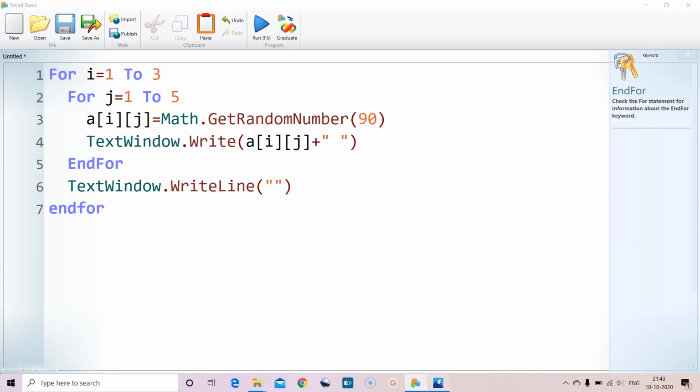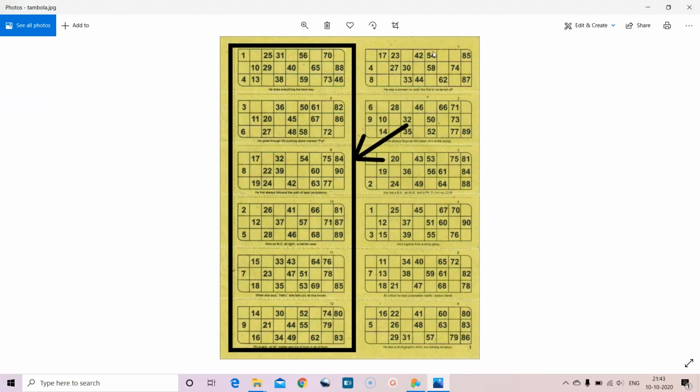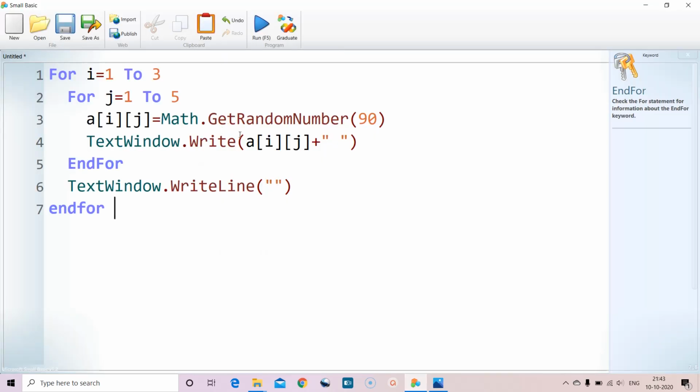So this is, everybody knows, right? This is a ticket. This is a housey ticket. We also call it tombola. We have to write a program to generate these six tickets. So 1 to 90. That is the reason I gave 1 to 90 here.